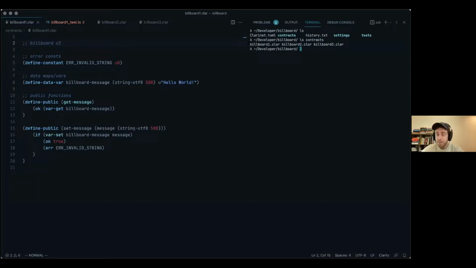This is just kind of for the purpose of this demo. They're really the same contract that kind of just build on each other. So we're going to start with Billboard 1. And then additionally, if we look in the tests directory, similarly, we have a test file for each of our